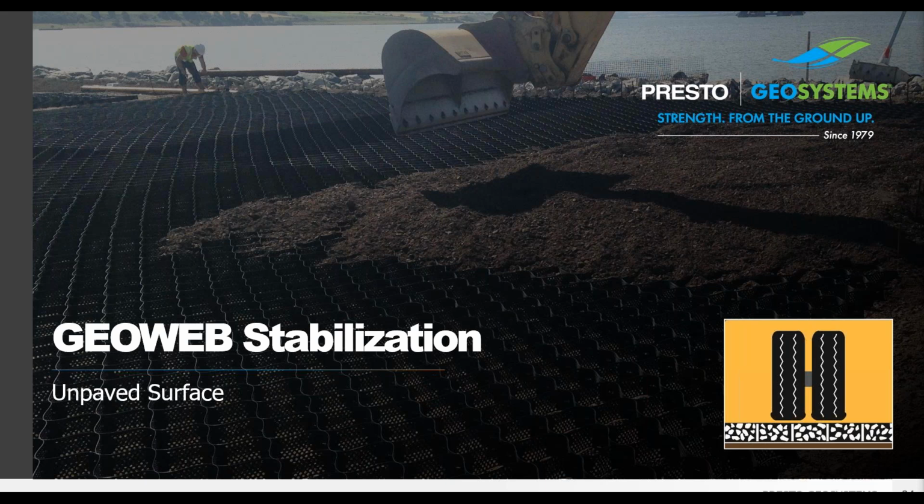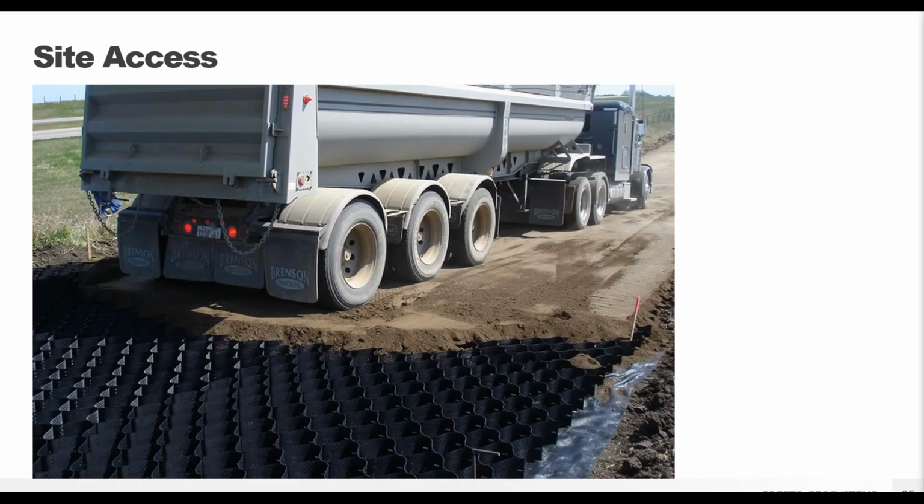So with all of that idea of how the GeoWeb system works, let's describe how it works at the surface to create the stabilized, unpaved road, or basically a gravel pavement. An aggregate surface has advantages in cost savings, and with the GeoWeb system, when it's filled with an open graded base course, it allows you to design a system that has stormwater infiltration and even provides stormwater storage. So site access roads, both temporary and permanent, are a really common application using the GeoWeb system.